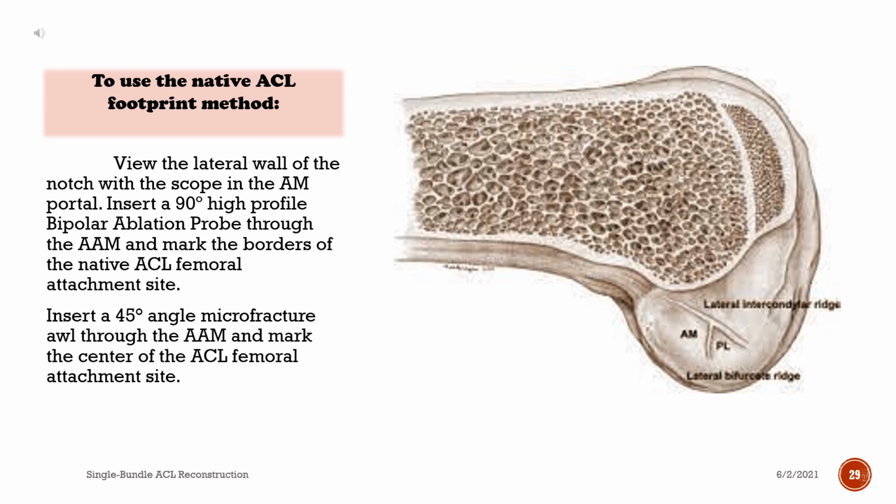View the lateral wall of the notch with the scope in the AM portal. Insert a 90 degrees high-profile bipolar ablation probe through the AM and mark the borders of the native ACL femoral attachment site. Insert a 45 degrees angle microfracture awl through the AM and mark the center of the ACL femoral